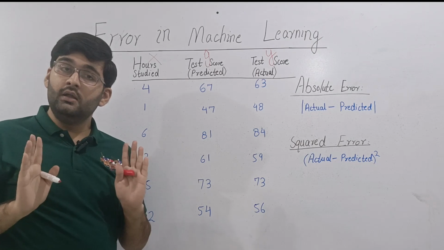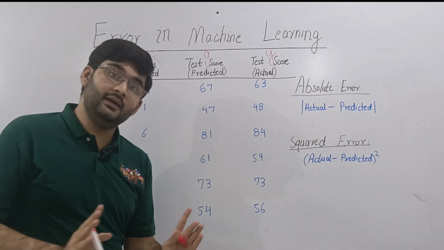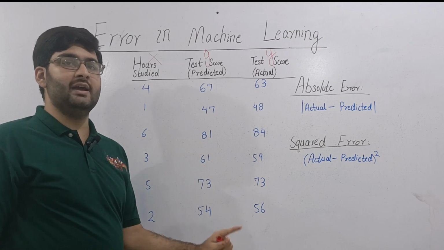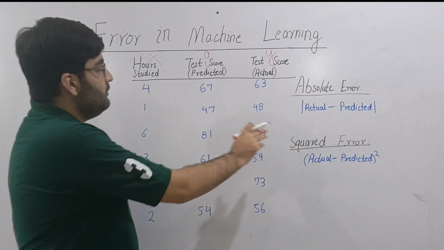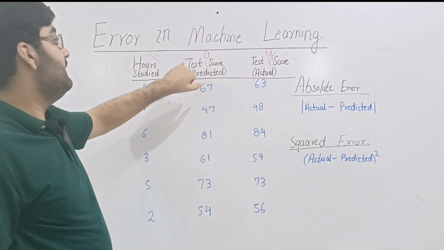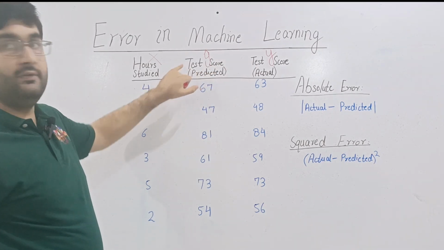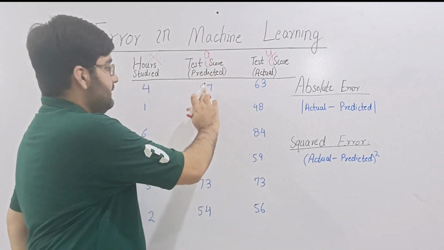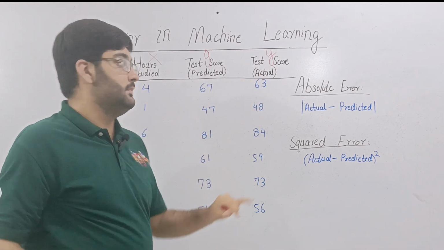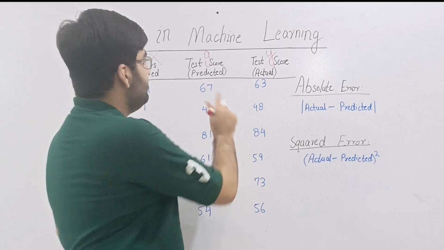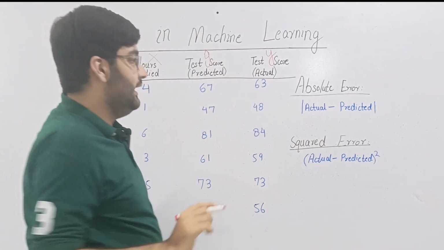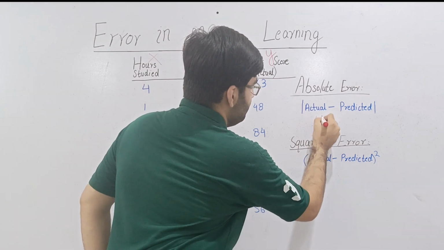Now, there are two ways we can calculate error. The first way is to calculate the absolute difference between the actual variable and the predicted variable. That means subtract this value from this value and take the modulus. That means 67 minus 63 will become 4 in this case. And we can write the formula as